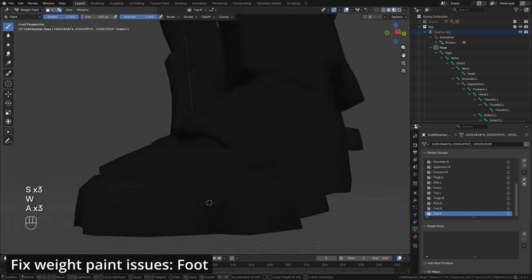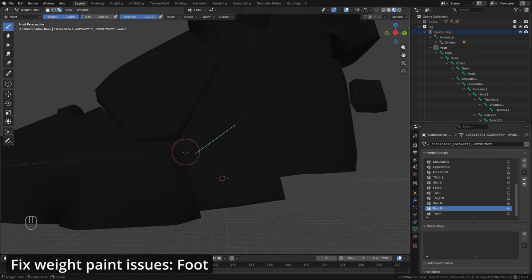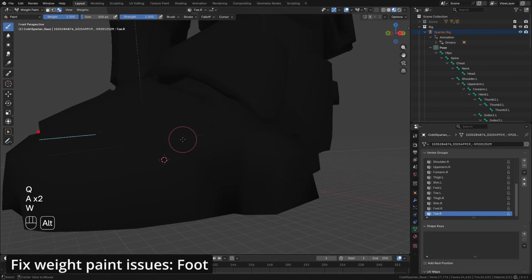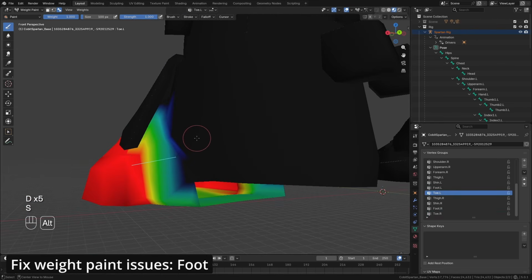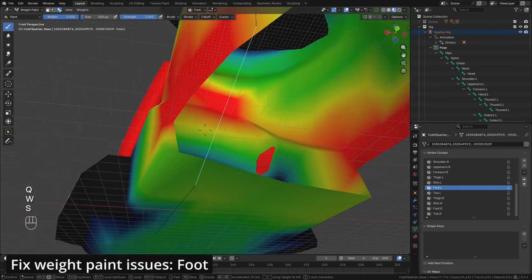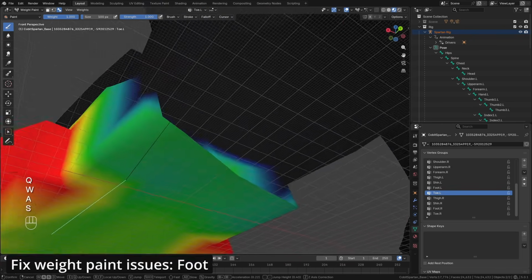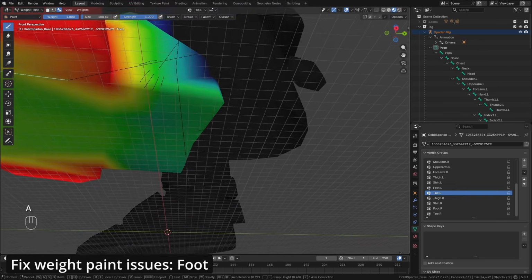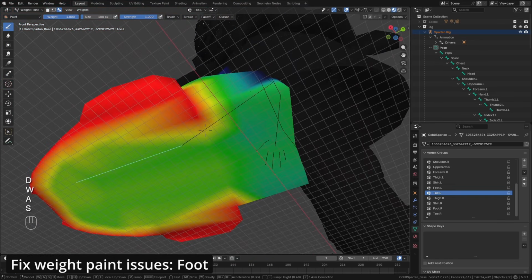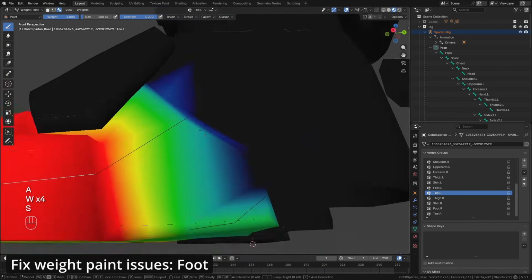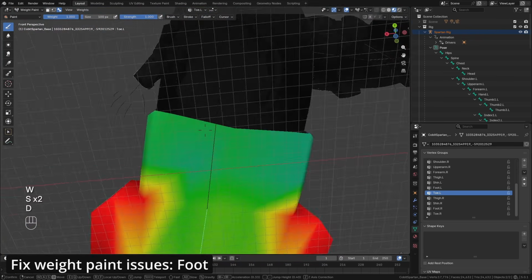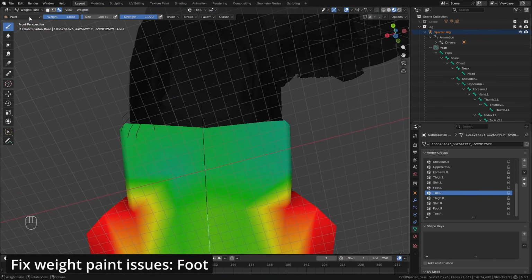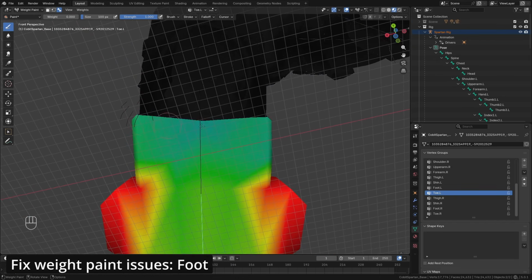Now since we have the bones and the mesh selected, I can use Alt click on the bones to select the weight paint associated with the bone. In this case, I'll want to null out the weight around this area, so when the toe is moved up, this part doesn't move. The red parts will move completely with the bone, and blue parts or black parts will not move at all, so we'll want to paint this black. In order to paint it like that, we do weight of 0 on the brush, and just paint it here,